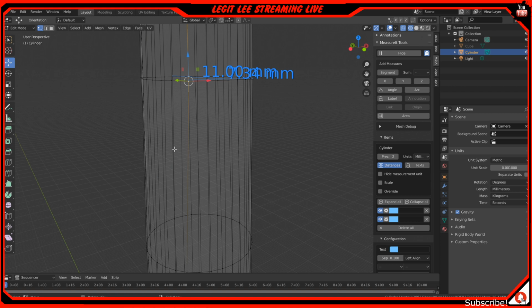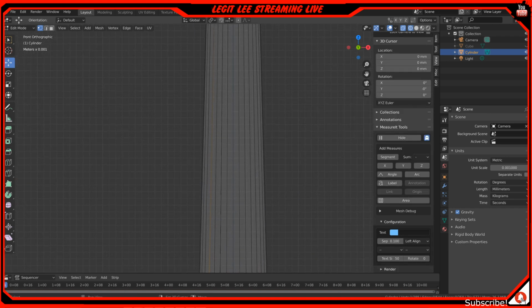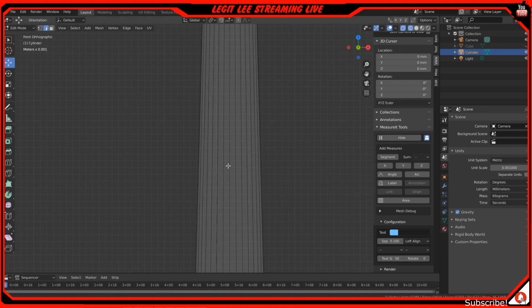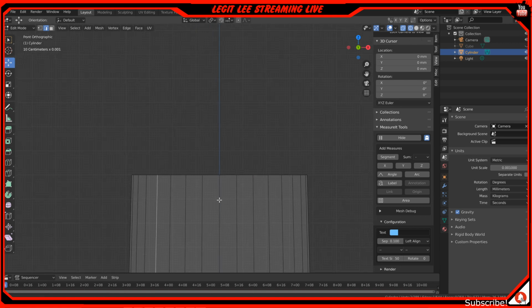So then at the top, we can measure out, where's it ending at here? Goes down to about 6. So now that we have these set for 11, if we do 1, now it's not a complete correct 11, but it's close enough. If we go to the top, matter of fact, I'll do edge select. Oh man, hold on. Do edge. Is that edge? Okay. That was the furthest edge. That means we stop to this edge. So if I grab these,